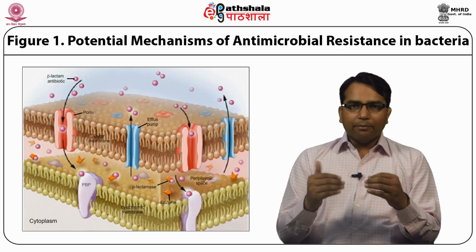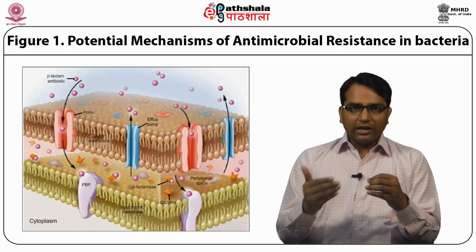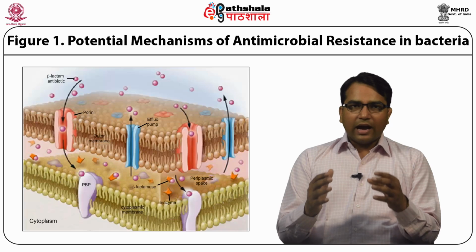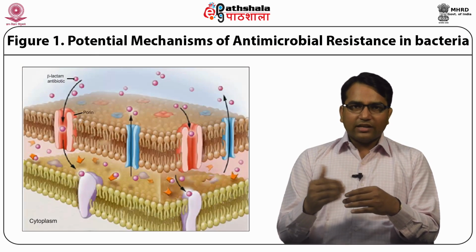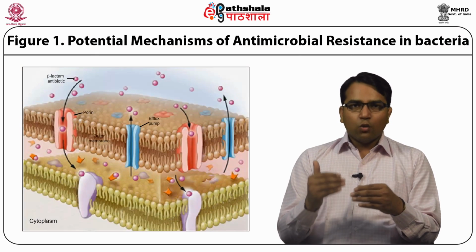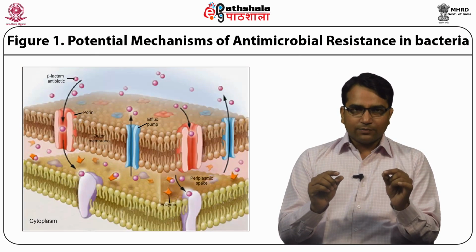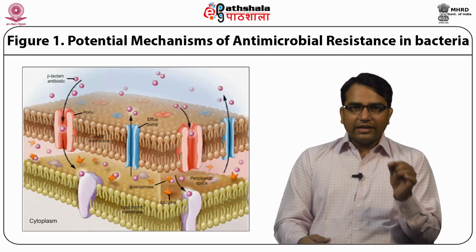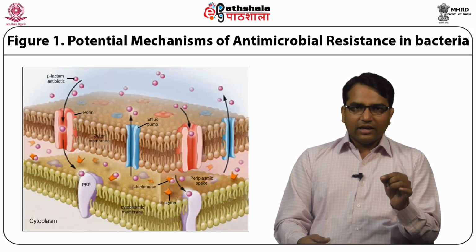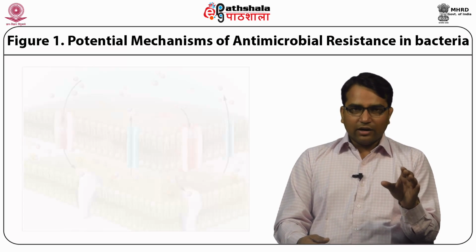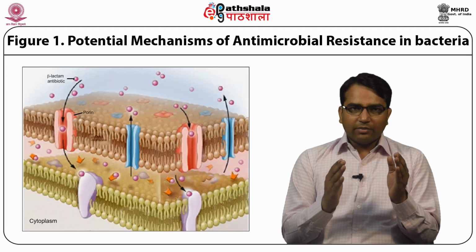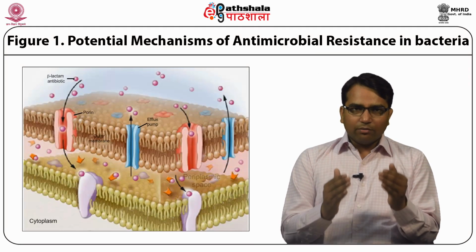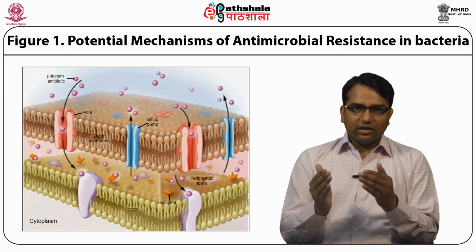The most important mechanism developed by the microorganism is the hydrolyzing enzyme. In this case, beta-lactam is an antibiotic, so the hydrolyzing enzyme is beta-lactamase, which is present in the periplasmic space. Once the beta-lactam antibiotic enters into the periplasmic space, it is cleaved by the beta-lactamases, hence the effect is nullified. So in this figure you can visualize the location of outer membrane, inner membrane proteins, and periplasmic space protein,